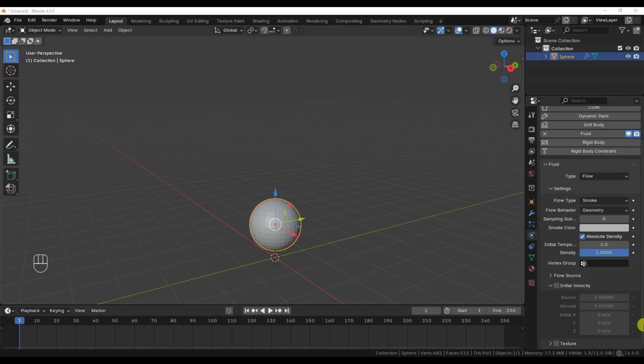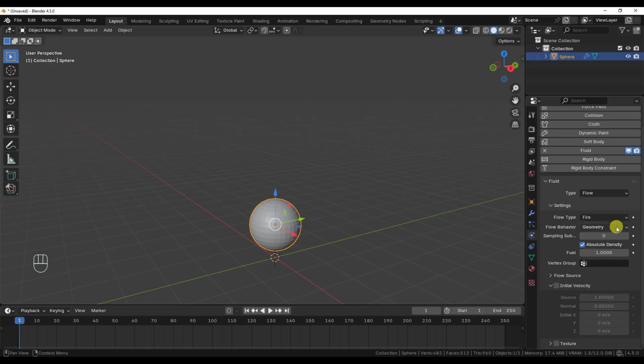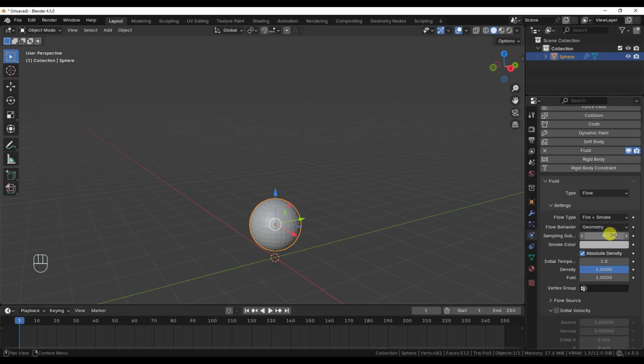Several new options now appear in the Components panel. The first one is Flow type, which by default is set to smoke. Opening the menu, we notice that Liquid has only one option, while Fire and Smoke offer three possible choices, the two elements separately or their combination. The Fire and Smoke option contains parameters and settings for both, so for the initial part of this tutorial series, I'll select this one.